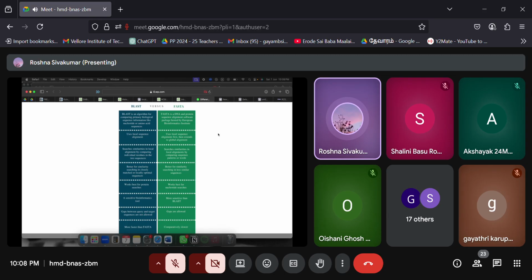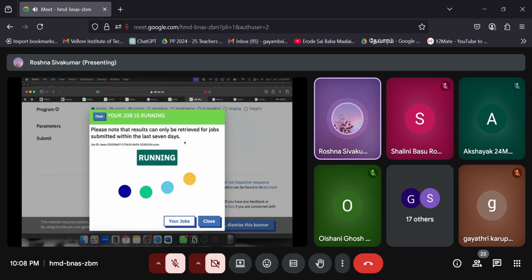BLAST is used more for proteins, and FASTA is used more for nucleotides. That is one of the differences that we can remember. BLAST takes less time and is more sensitive, but FASTA is not, because FASTA was developed first. BLAST uses local sequence alignment, and FASTA uses local and then moves on to global. And by whom it's hosted and everything becomes a very difficult thing.